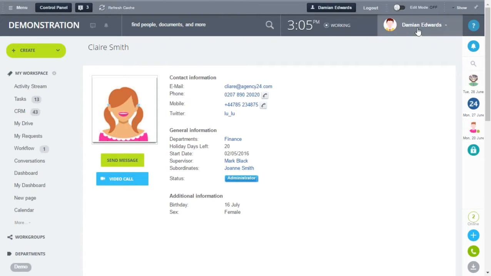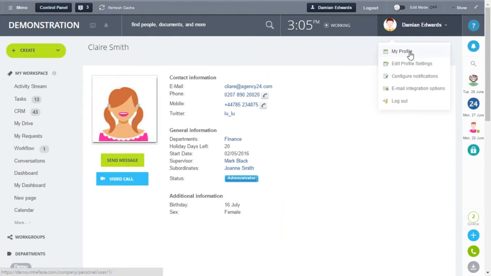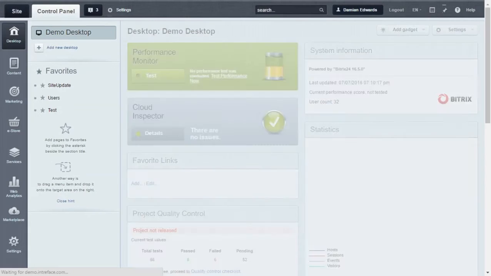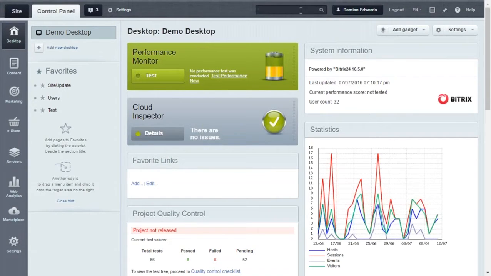Yeah, that's correct. So first of all, I just need to go to my own profile. And just quite an important thing to note here, we are in the self-hosted version of Bitrix. So if you're not used to seeing this top bar here, the control panel bar, this is available in the self-hosted, and if you're in the cloud, you wouldn't see this. So first of all, what we want to do, as Damien mentioned, we're wanting to add a custom field to the user profile. So if we just click into the control panel,